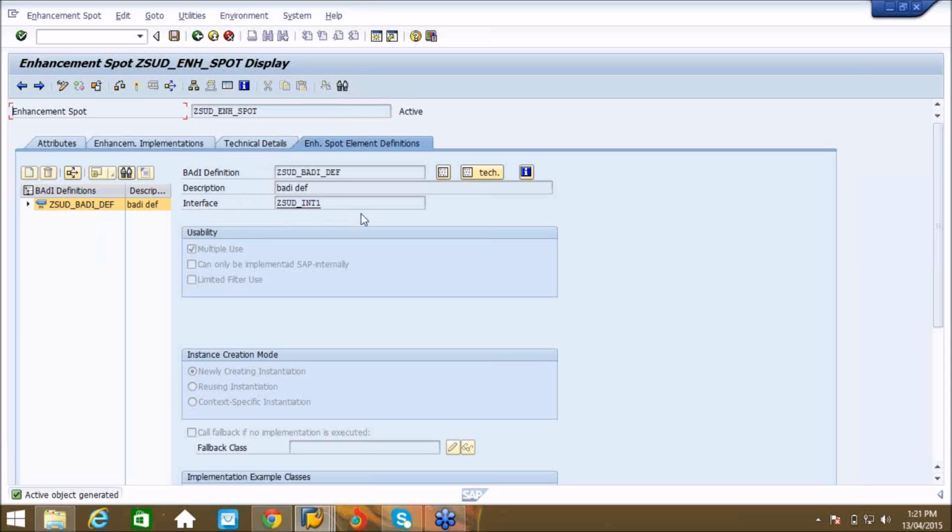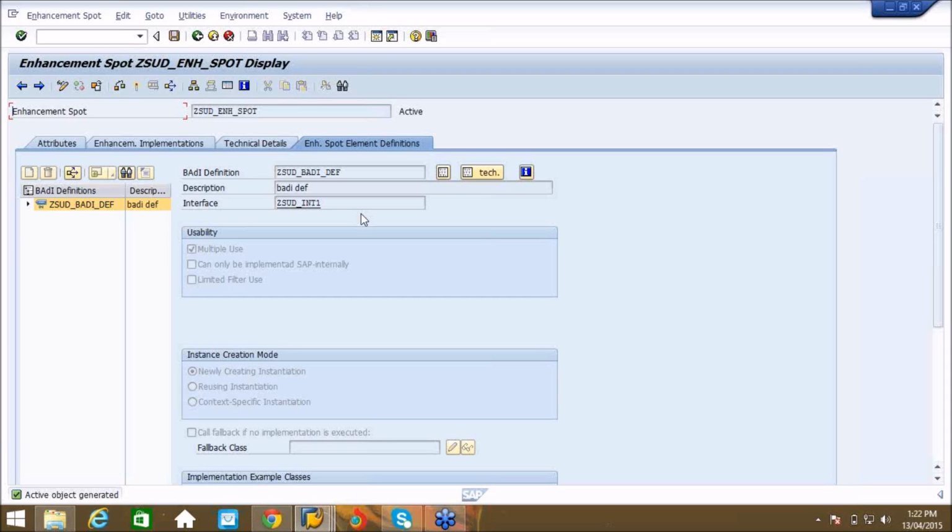So are you getting my question, or you are still not understanding what I'm saying? Yeah, Narendra? Understood. Remember, if it is a standard body definition, inside the program there is a keyword called CL_EXIT_HANDLER something, and through that standard body definitions are getting called. So there is a link between standard transactions and the CL_EXIT_HANDLER body definition. Here there is no link. What you need to do is to establish a link.